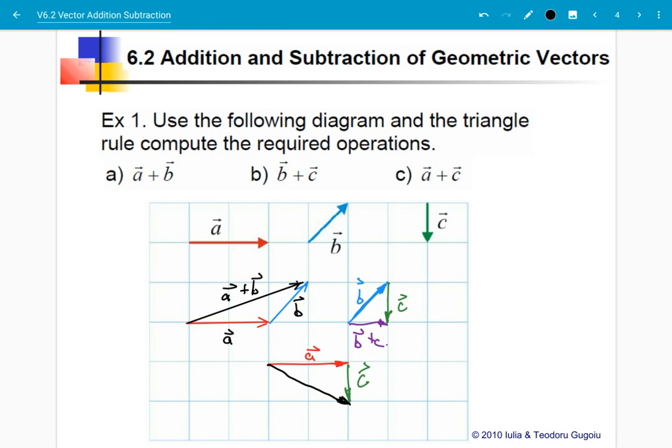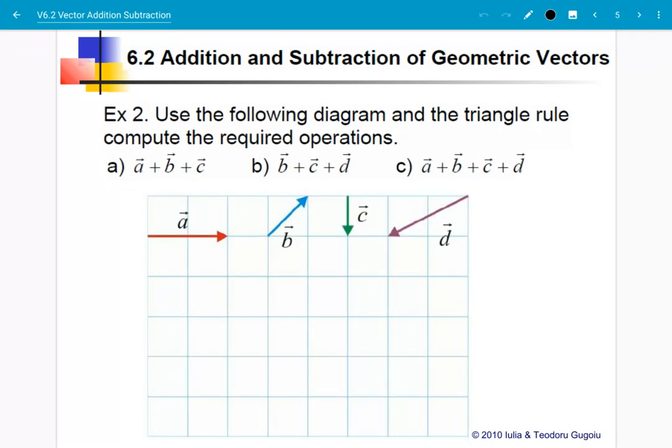There's no special meaning to the colors. It's just to make it easier to see which vector is which. There we go. Example 2. Use the following vectors, and notice we have a fourth one, D, and the triangle rule to compute the required operations. So we have A